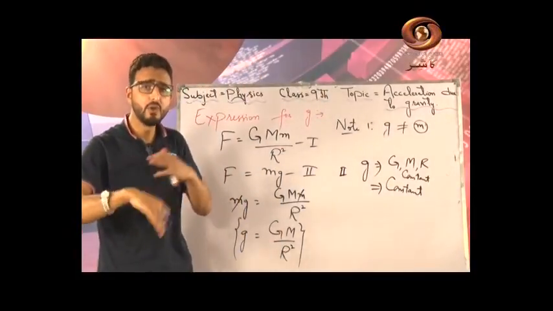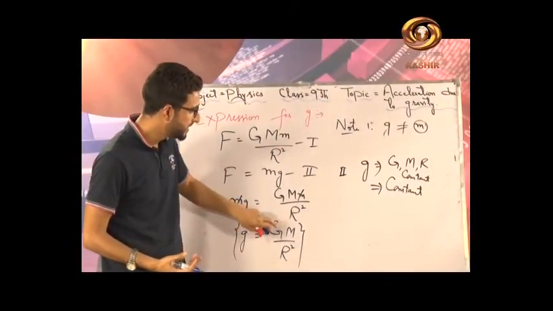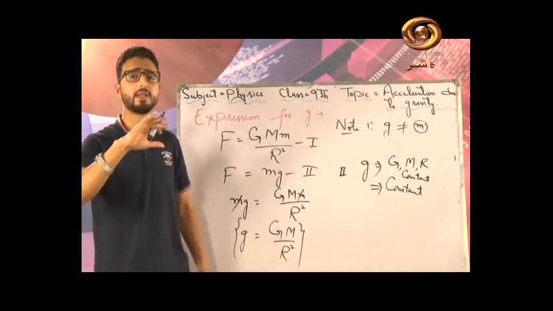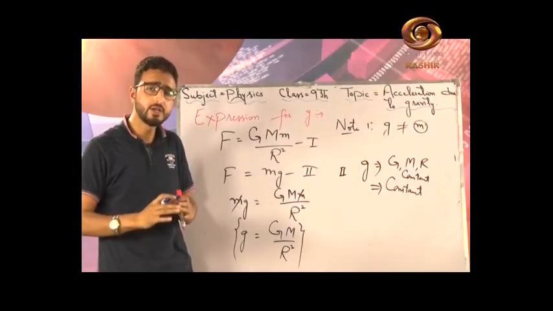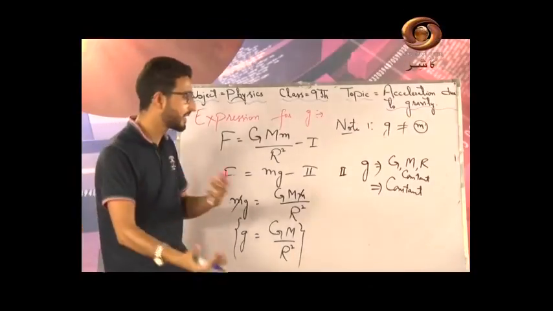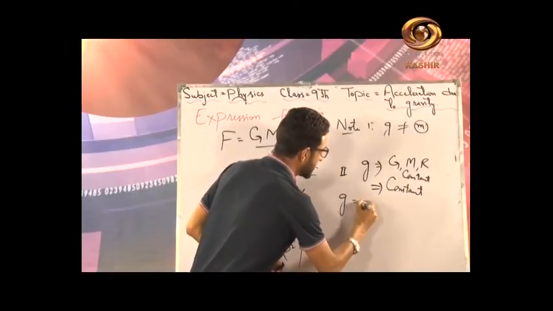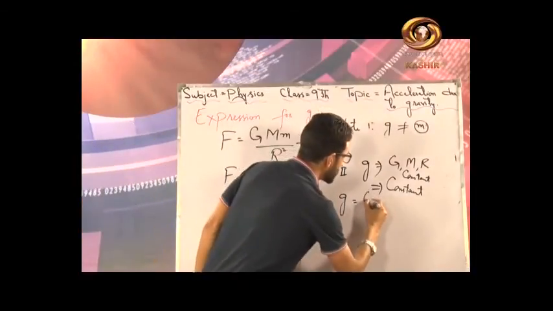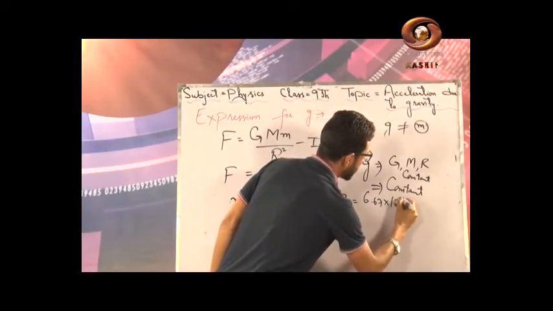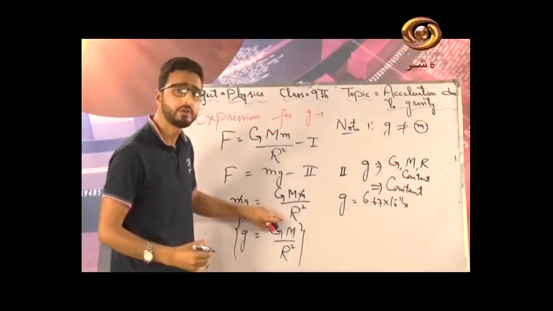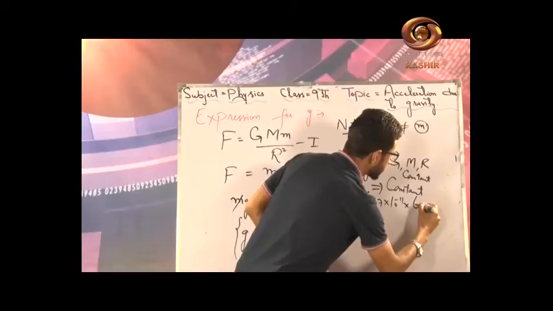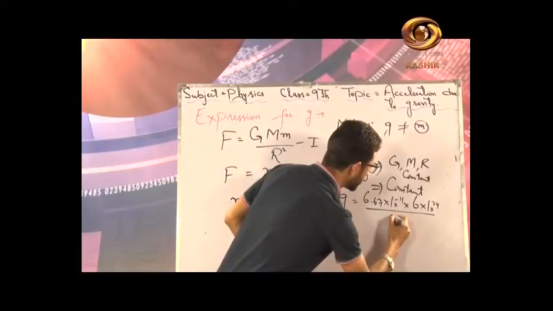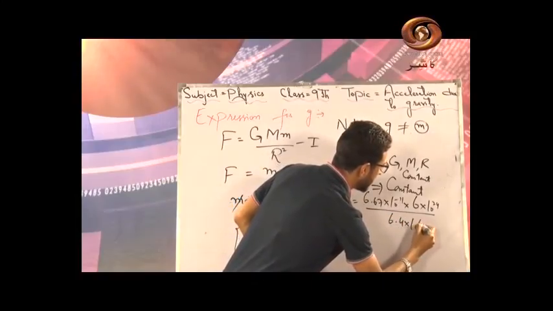Now अब मैं इसका वैल्यू अगर निकालना चाहूं तो इसमें मैं G, M और R के values you already know. If I substitute those values here, I will get the expression for acceleration due to gravity on or near the surface of earth. So I will write g is equal to, अब बताओ, अब आपने ये वैल्यू याद रखा कैपिटल G का? हाँ, this is 6.67 into 10 raised power minus 11, right? What about the mass of earth? You have to remember these, 6 into 10 raised power 24 kg, ठीक है ना? And the radius of earth, that is equal to 6.4 into 10 raised power 6.